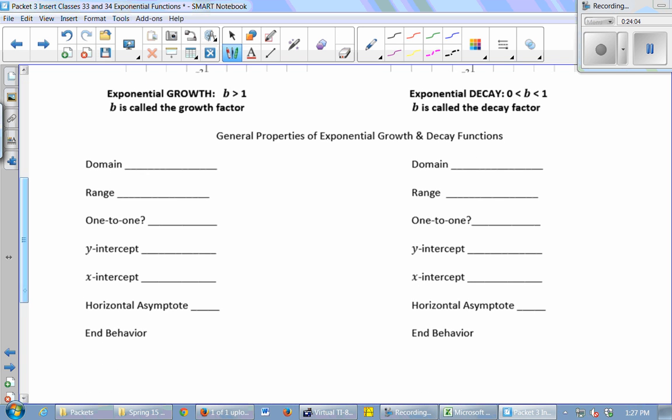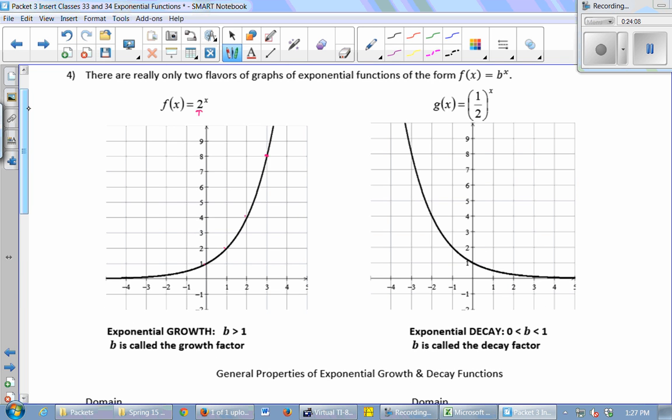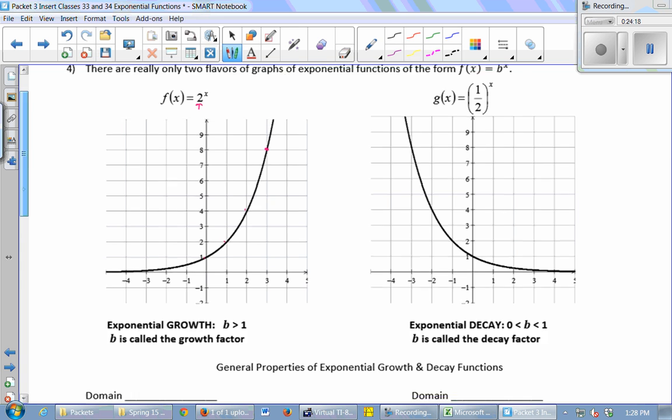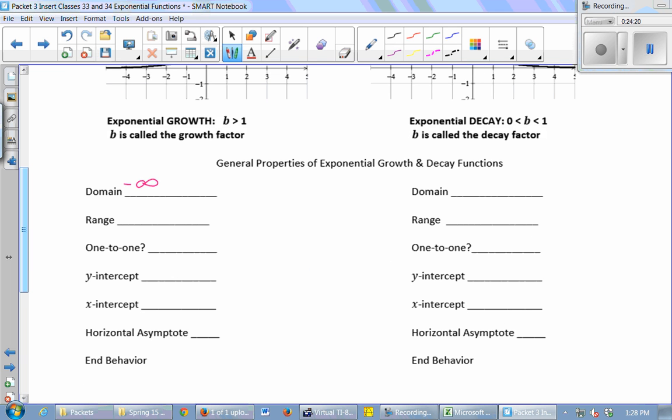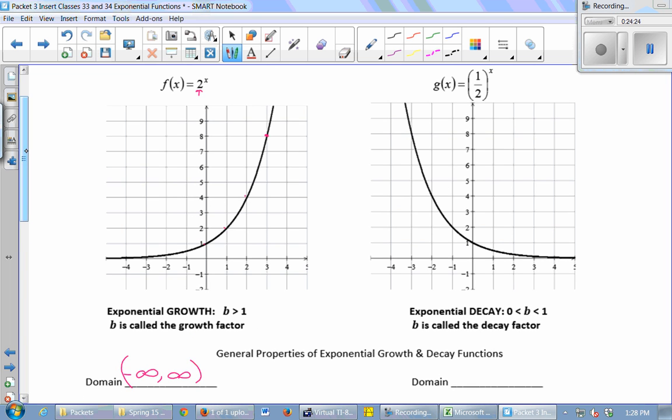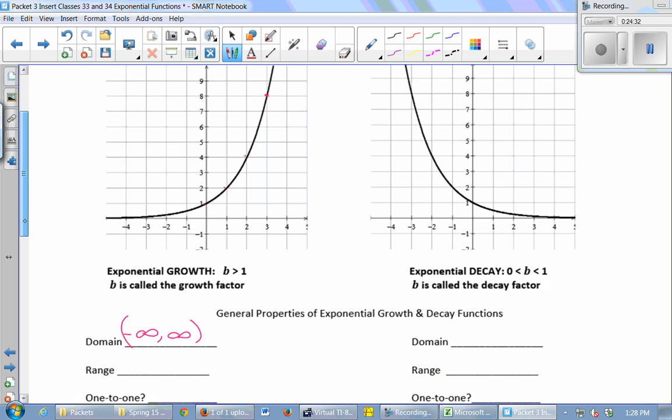So let's look at the picture of exponential growth. f of x equals 2 to the x. What is the domain of that function? Negative infinity to infinity. It lives over every x value. Right? So negative infinity to infinity. And then what's the range of that graph? 0 to infinity. It never goes below the x-axis. It's like an asymptote. So 0 to infinity,